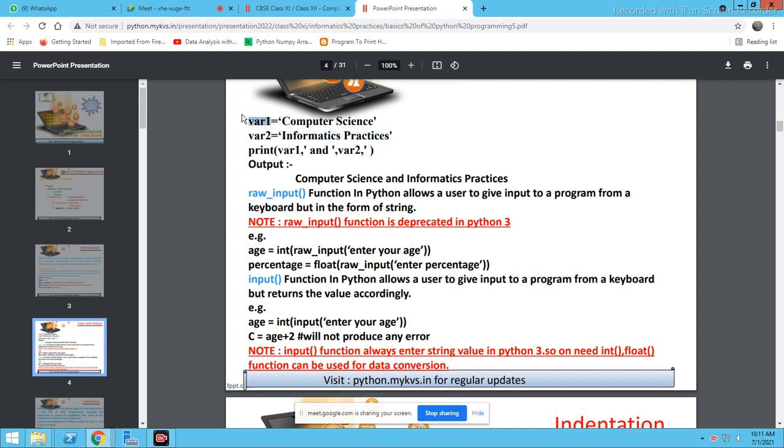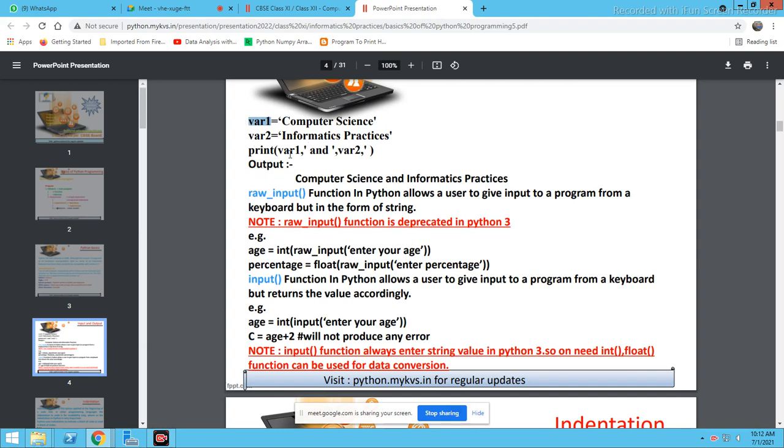You can say a variable is a space in computer memory which stores your data. Whatever data we save inside the computer and use in our program will be saved somewhere in the form of a variable, right? You can say it is a block of memory which stores the value. So here it is given var1 is equal to computer science, var2 is equal to informatics practices, right?